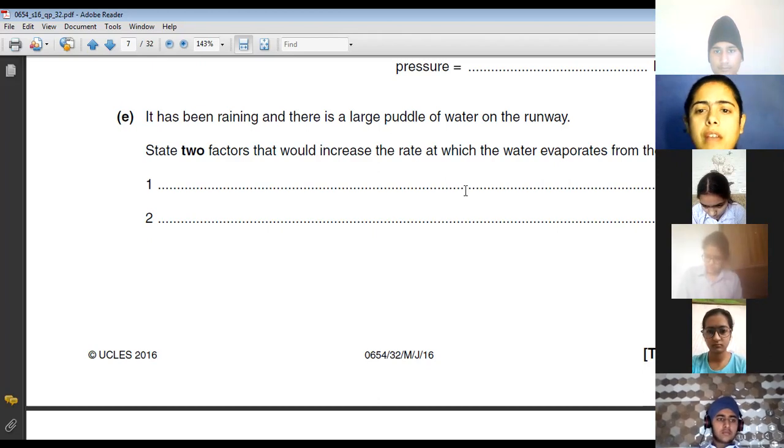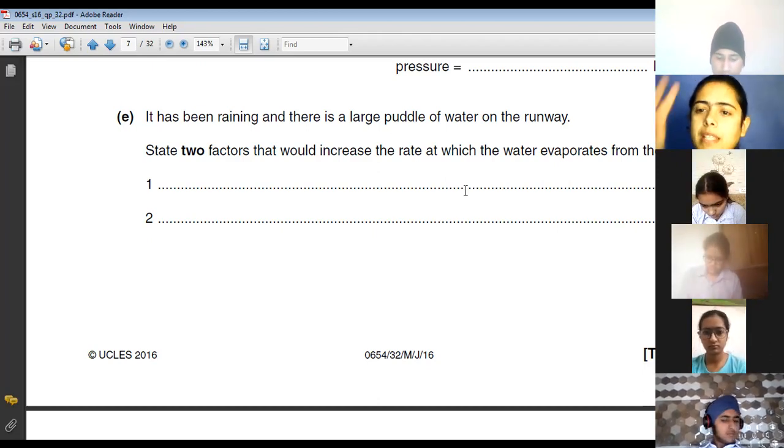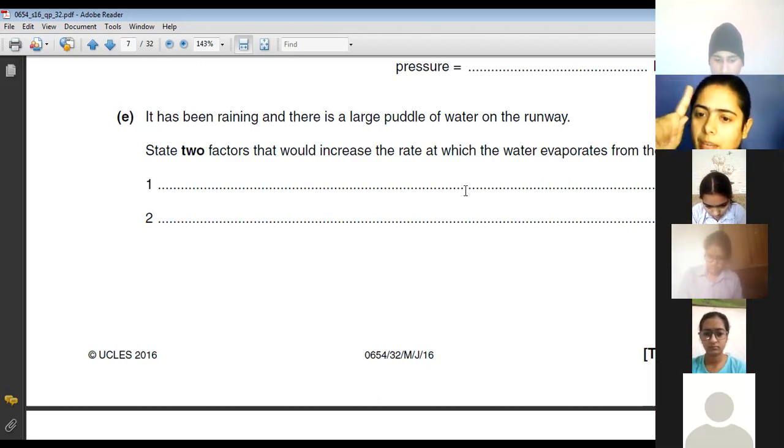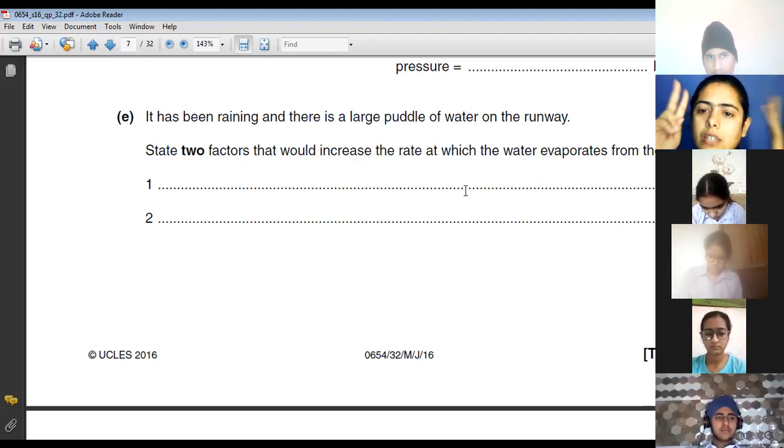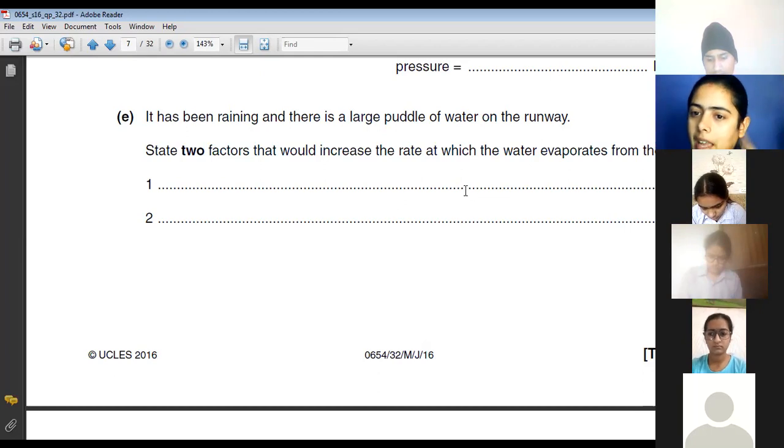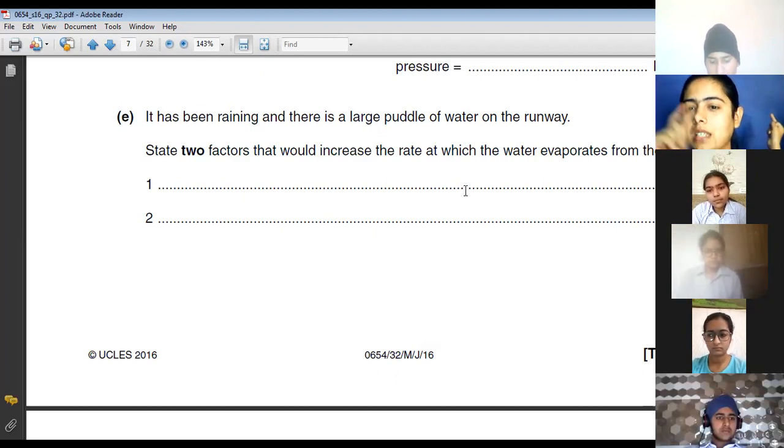So, you have to write any two. The basic two main ones we can consider are the temperature and the surface area. Yes, these are the two very important ones. Humidity can be, volume maybe. If you are writing volume, then Dilpreet must put it in a bracket and explain a little, okay?